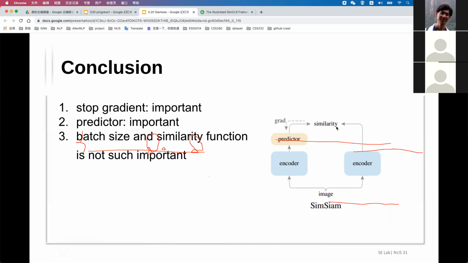But the problem with the Siamese model is not the input itself. It will actually compare two different images, and you want to minimize the distance between the different augmentation pictures. So if the encoders have the same parameters, then for different augmentation pictures they also output the same representation. So if the model collapses, that means for all data augmentations and all pictures, they all output the same representation.